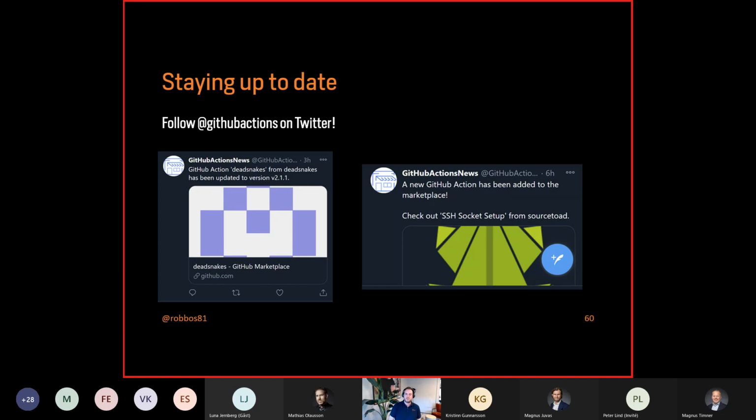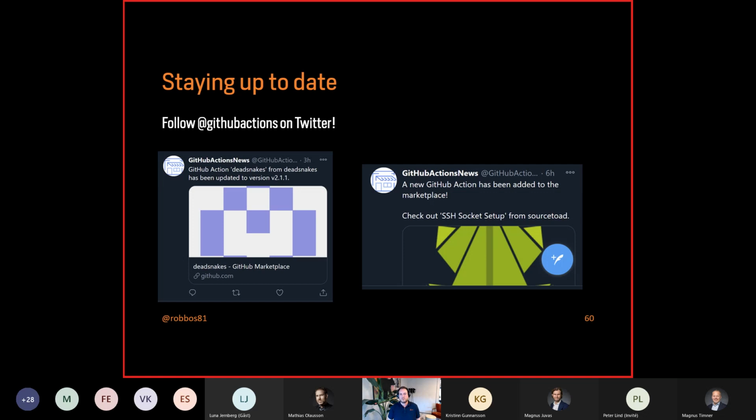You could go to the marketplace and try to figure out if your action has been updated. But as I said, there are now 8,500 actions there. There's no weekly update newsletter that's being sent out with the interesting parts. And I wanted to keep up to date with that as well. So I created a GitHub Twitter bot, using GitHub Actions, that does all the work for me. It traverses the entire marketplace every couple of hours, finds out if there are new or updated actions, and if so, it will tweet it out. And already by following this bot, I learned so much new technology that is available inside of the community that I never heard of before. So very interesting to do.